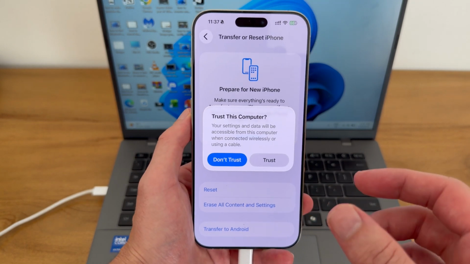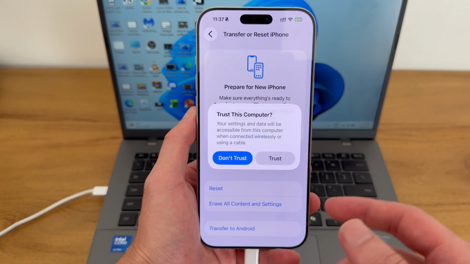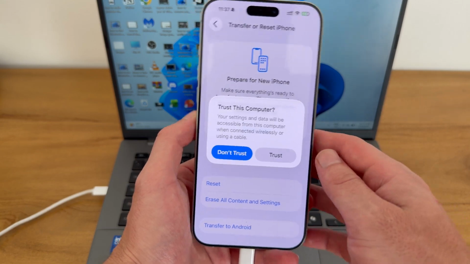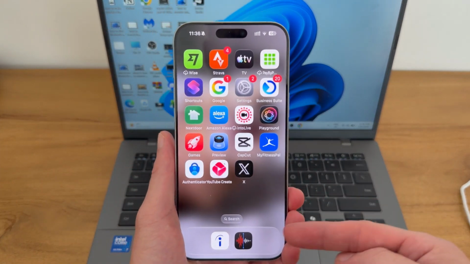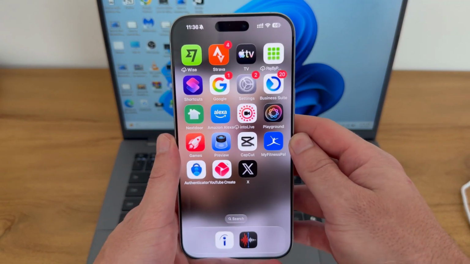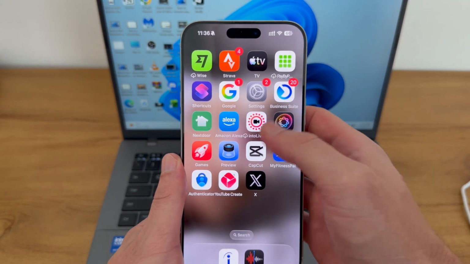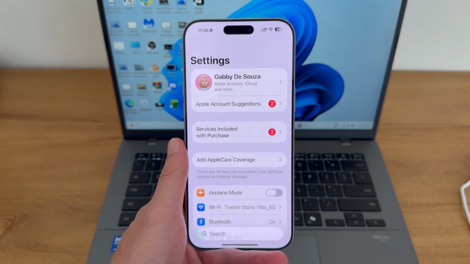How to get the Trust This Computer message to pop up on your iPhone. So this is important. If you want to connect your phone to your computer, then you'll first need to go in Trust and allow the connection. So what we need to do is come over to our iPhone like this and make sure to disconnect any